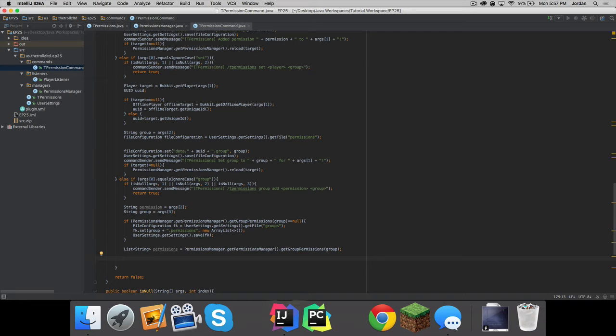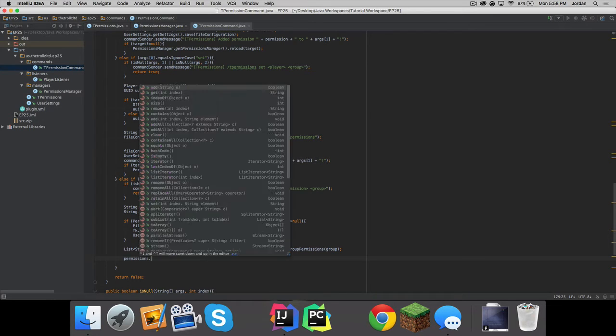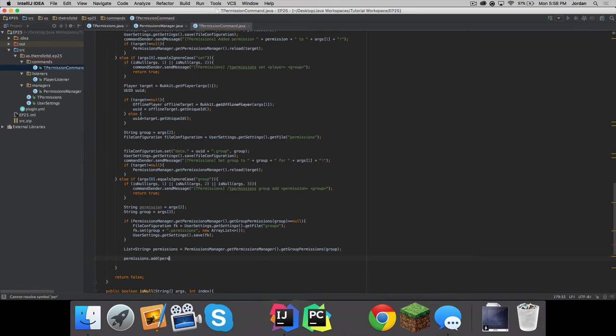So let's go ahead and say permissions dot add permission, and boom, and then we want to say user. Well, actually, we can literally copy this, and instead of new array list, we can set permissions to permissions, and boop. All right. Boom, and then we should probably add some sort of confirmable message here. Oh my gosh. Added permission